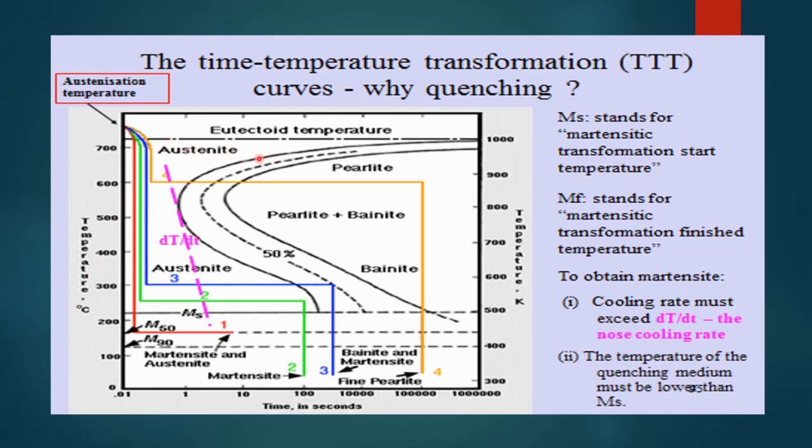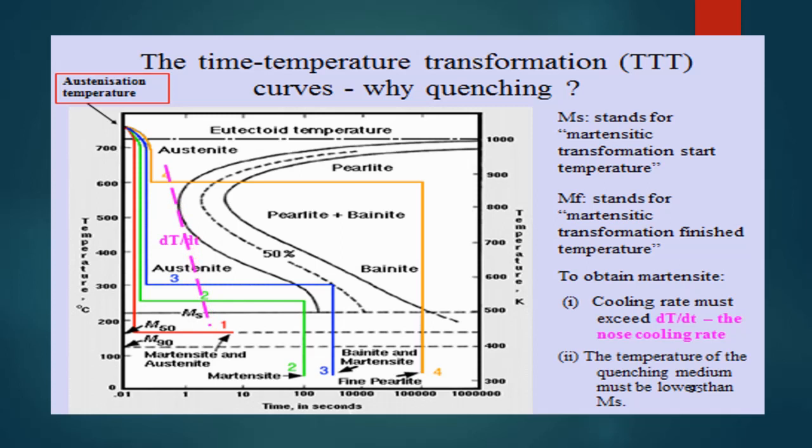This is the pearlite start and this is the pearlite finish of the curve. So there are two curves, one is the start and another is the finish. Suppose this austenite is cooled drastically such that it dives past the nose of the curve at a very high cooling rate, then